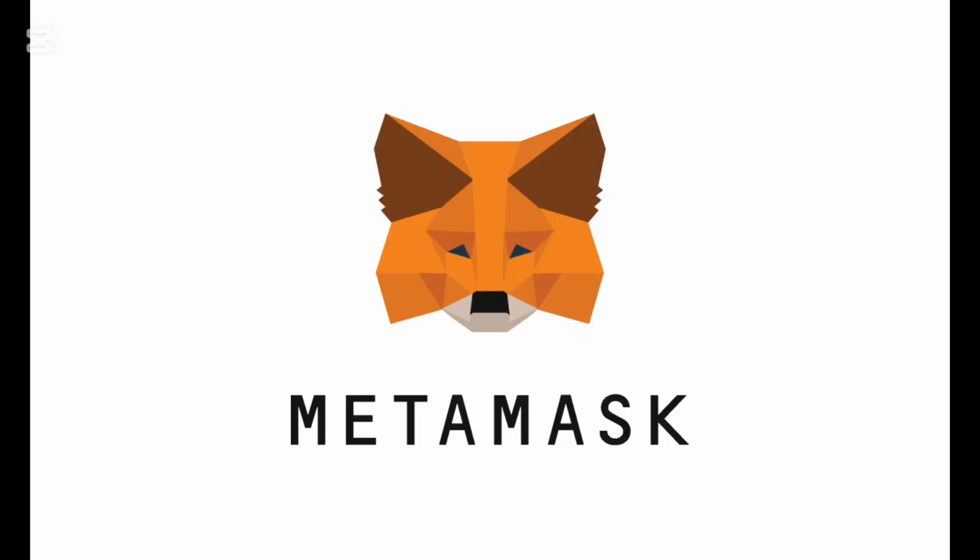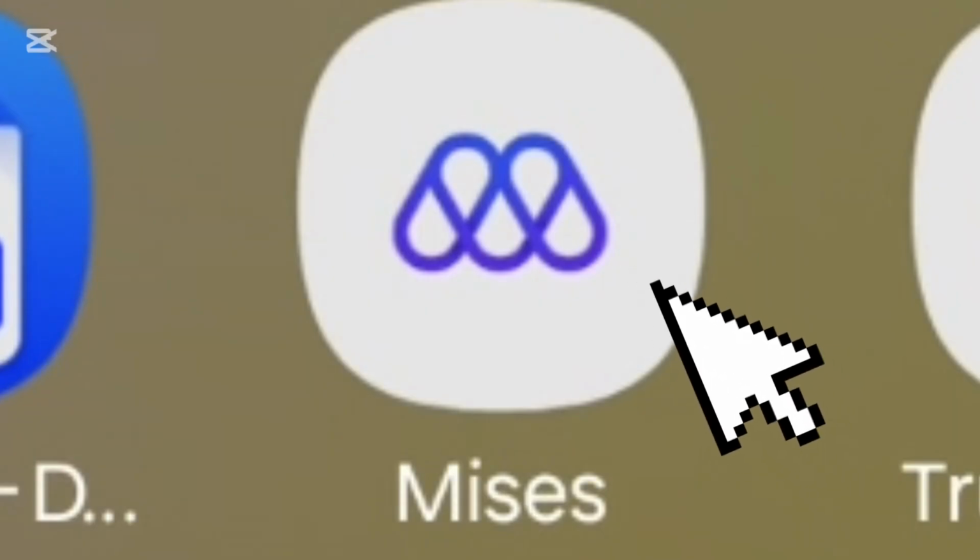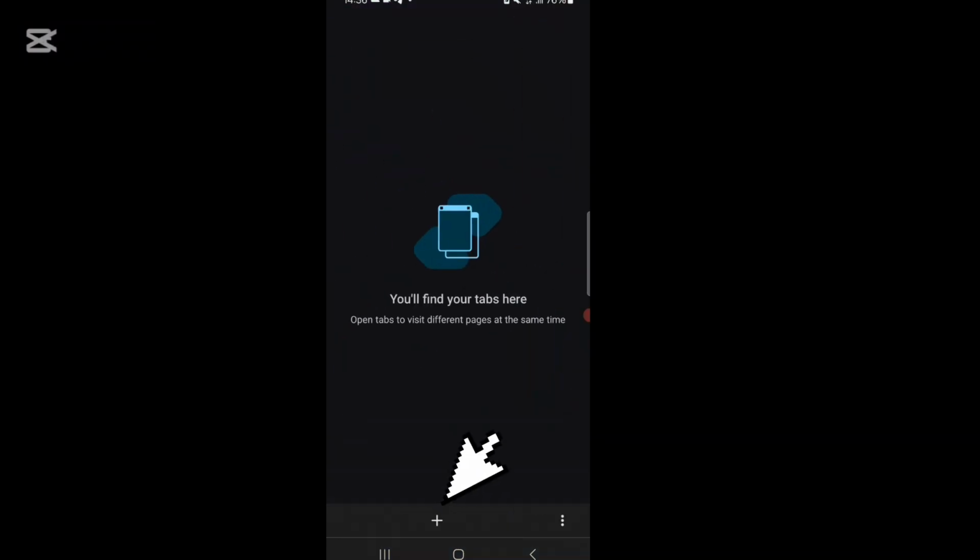Alright, let's jump into how to download the MetaMask extension using the Mrs. browser on your mobile phone. Step by step, no jargon. Okay, the first thing you need to do is to open your Mrs. browser. This is my Mrs. browser here. Once it opens,